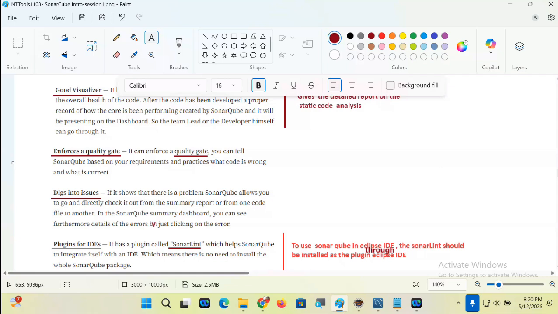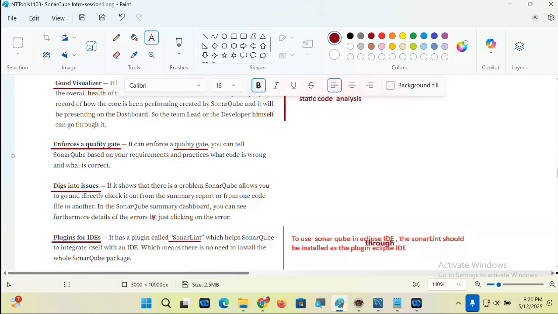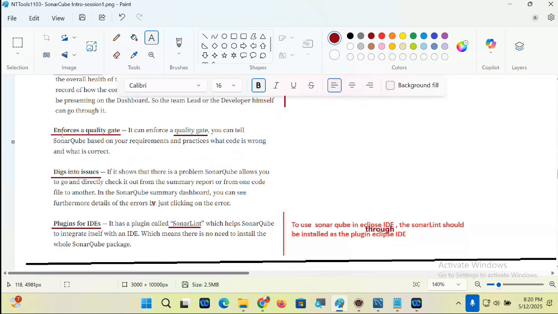Come on, my dear. I want a reply, guys. It can enforce a quality gate. You can tell SonarQube based on your code requirement and practices what code is wrong, what code is right, what code is correct, guys.